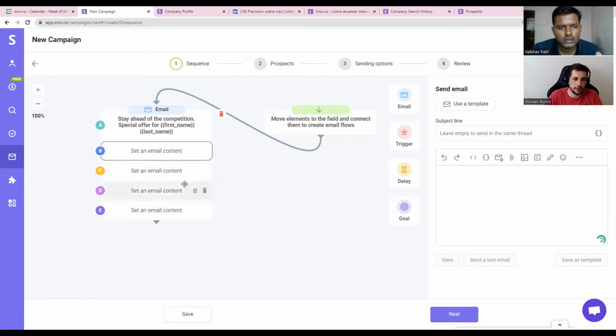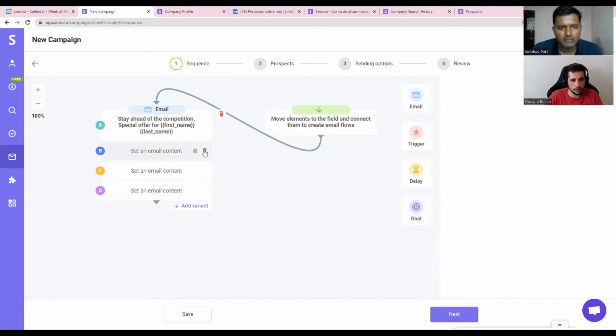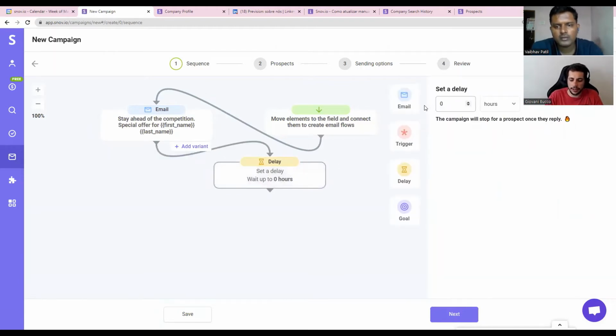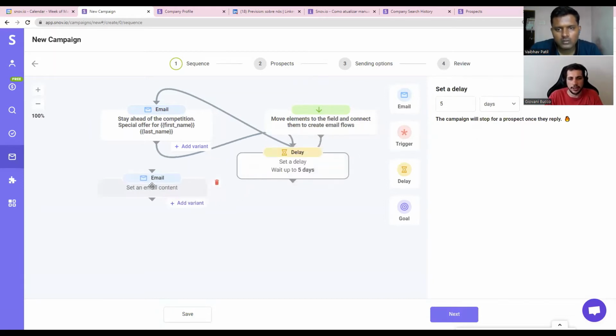So actually, what are you doing here? Basically, you are trying to create an email campaign, right? So the first email will go first. Move elements to the field and connect them to create. Let's say I wanted to wait like 5 days for the next email. I just set the delay,